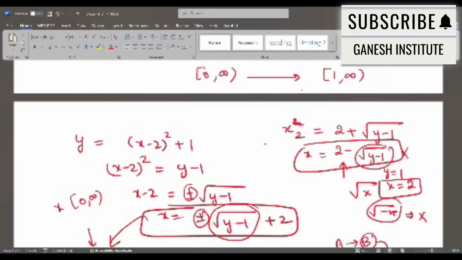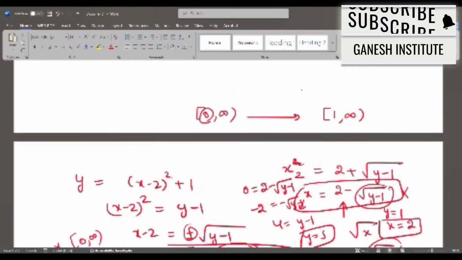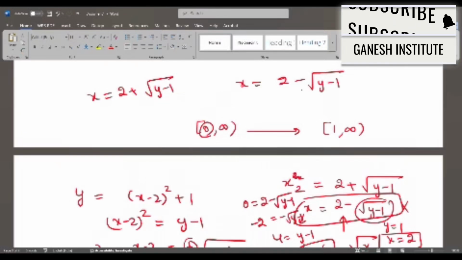Okay. So if you substitute here x as maybe 0, let's say, it will be 2 root y minus 1. But x is 0 is not possible there then. You must check. So if you get a complex number, this is x equals 2 plus root y minus 1. So if x is 0,